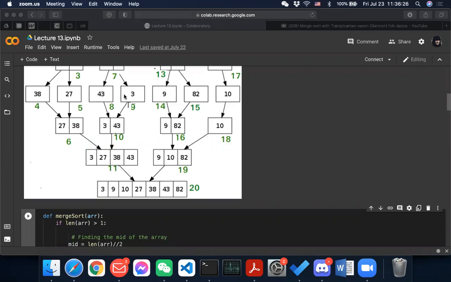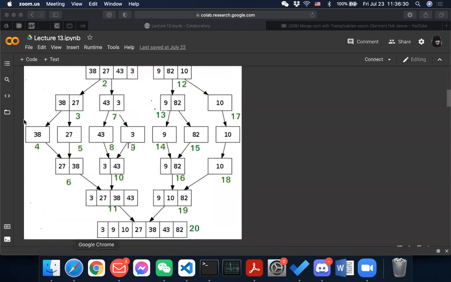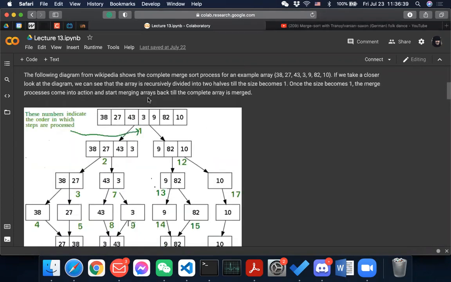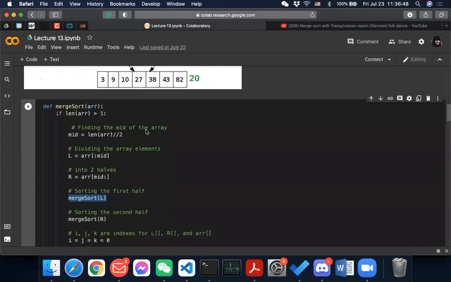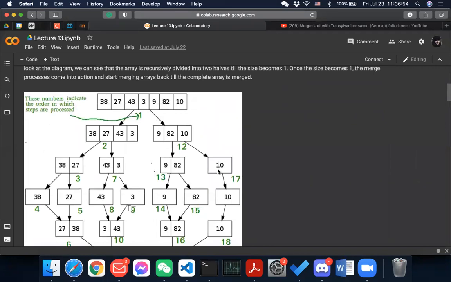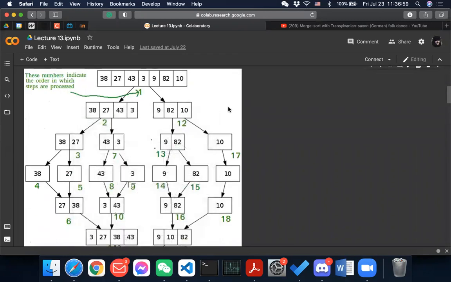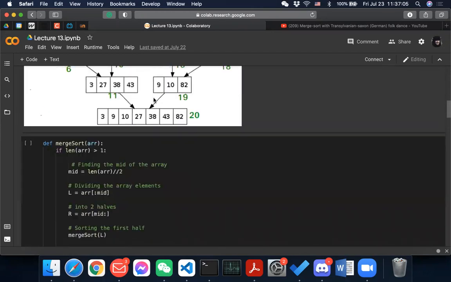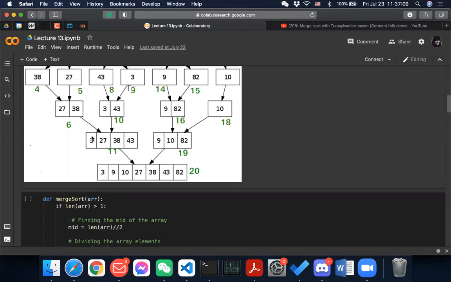Okay, so as long as we are done with this half, another upper level of merge sort left is done. So the merge sort left called by the original array is done, right? And then we go ahead and call merge sort right. We continue with the right half of the array, and you're basically doing the same thing, and then you merge to here, and then the last step,